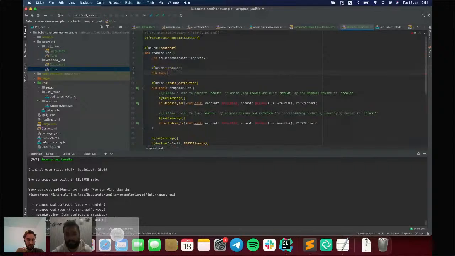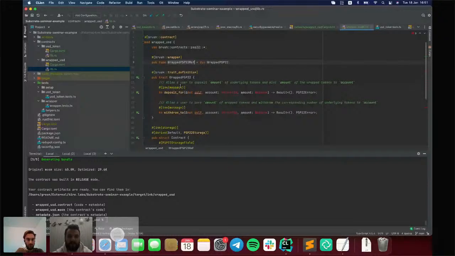Let's call it, I don't know, wrapped PSP22. OpenBrush provides an additional macro wrapper.